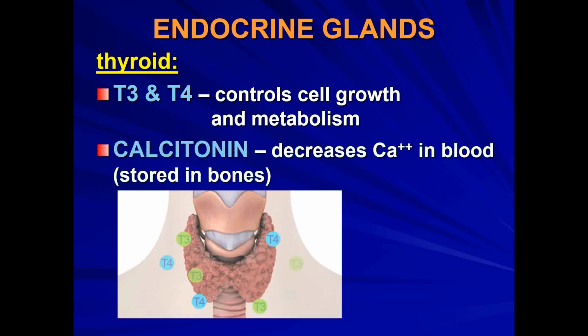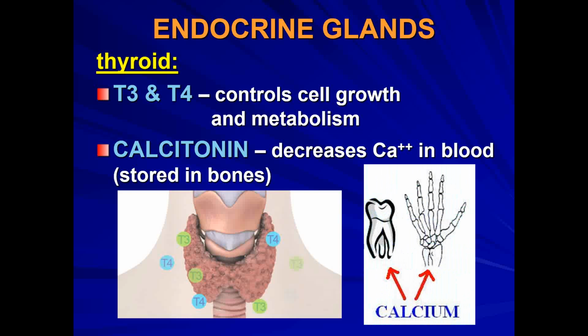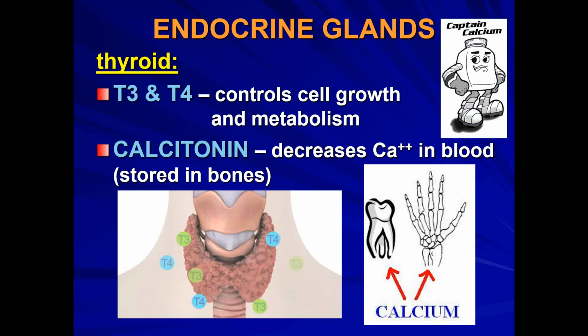The thyroid gland is also involved in homeostasis of calcium. Ca is calcium, and calcitonin specifically decreases calcium in the blood. We take in calcium into our body through digestion. It makes its way into the blood. Calcitonin says, get that calcium out of the blood and put it into the bones. So this is going to help us grow healthy bone. Calcium is put into those structures, and we think about calcium being associated with strong bones. It's under the influence of this chemical that we take it out of the blood and store it.